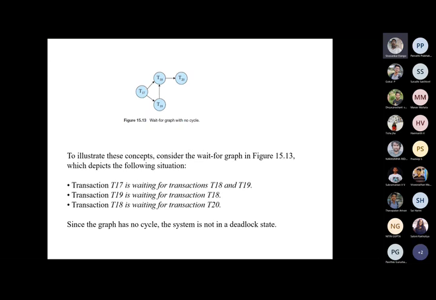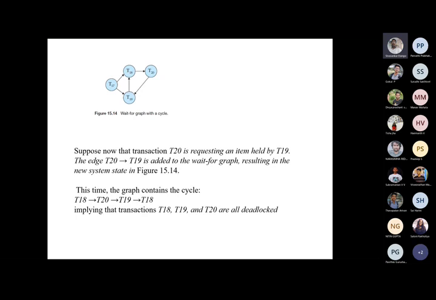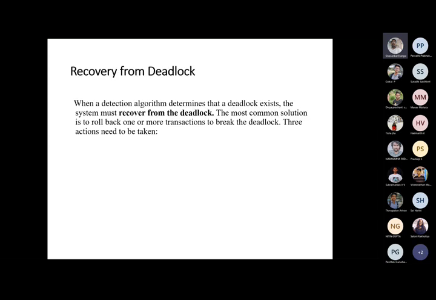15.14. Initially we don't have a cycle in the wait-for graph. Now we introduce a cycle by adding a directed edge between transaction T20 and T19. So we have a cyclic format in the wait-for graph, and since the graph contains a cycle, we say that the transactions are deadlocked. By using this wait-for graph, you'll be able to detect whether deadlock exists among concurrently executing transactions. Once you find the wait-for graph is cyclic, it means that the transactions in